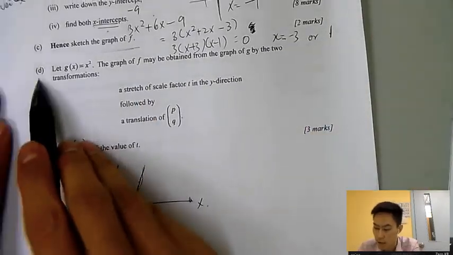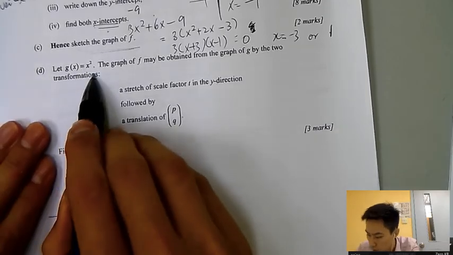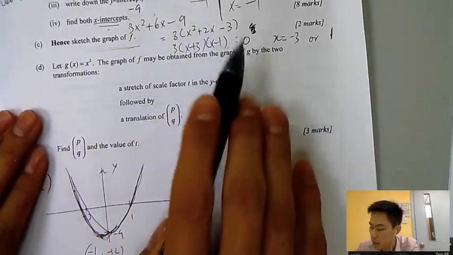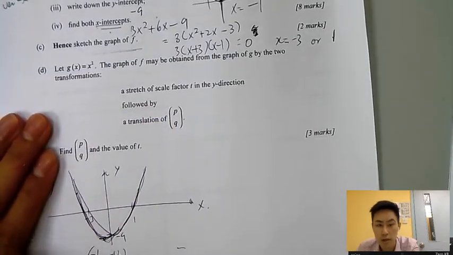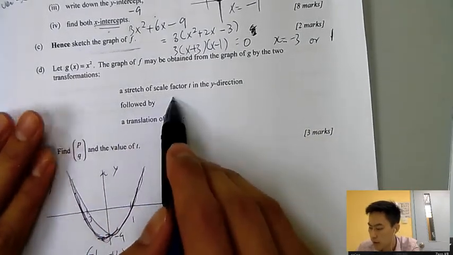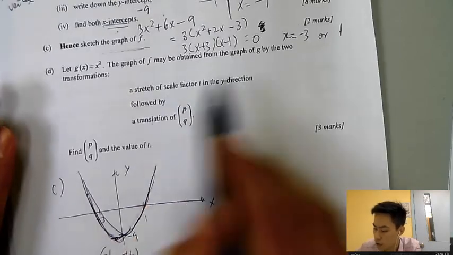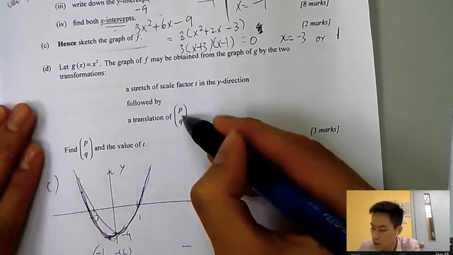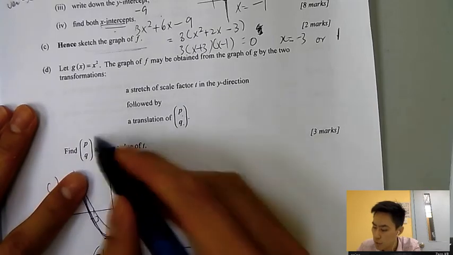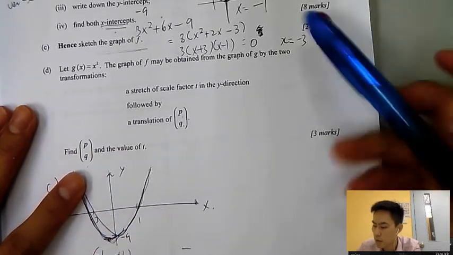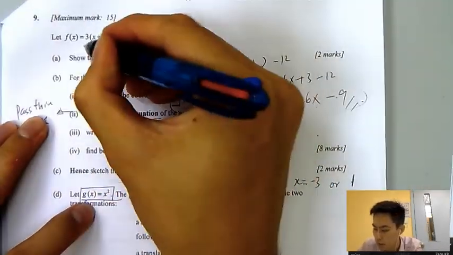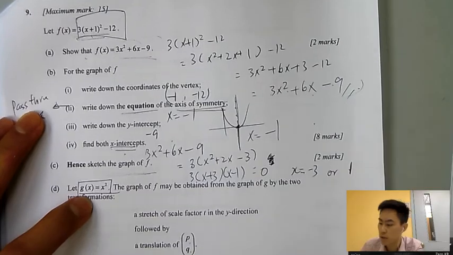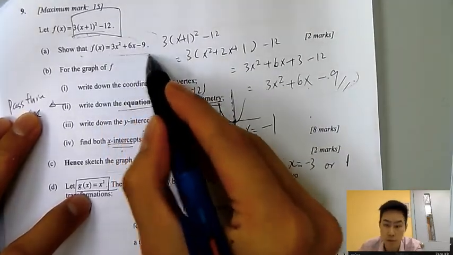So finally, D, g(x) is equal to x squared. The graph of f may be obtained from the graph of g by the 2 transformations: a stretch of scale factor t in the y direction, followed by a translation (p, q). So find p, q, and t. Right now we have to compare g(x) equals x squared with f(x). Of course, you can refer to 3x squared plus 6x minus 9,